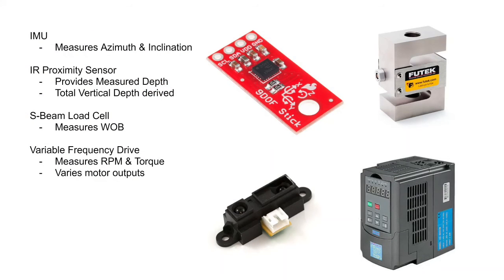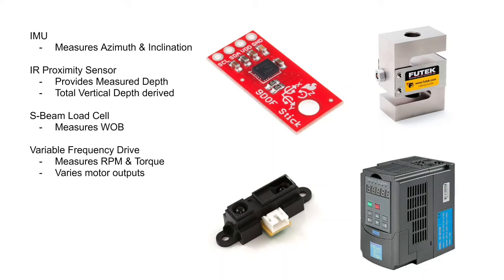So for the control systems, we'll be using these sensors to measure key inputs. The IMU will provide azimuth and inclination as well as vibrational data for the BHA. The IR proximity sensor will provide the measured depth or the vertical travel of the motor housing, from which we can derive total vertical depth. The S-beam load cell will measure the tension on the drawstring, which can be used to derive the weight on bit. Lastly, the variable frequency drive will